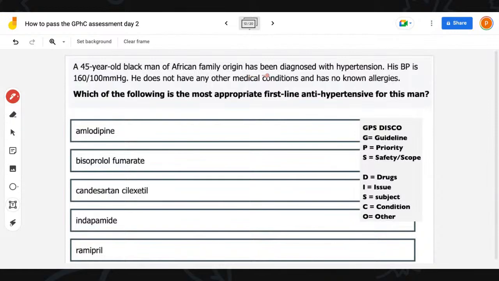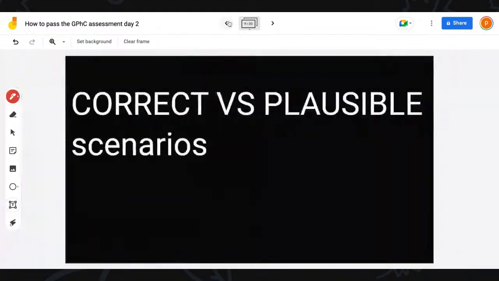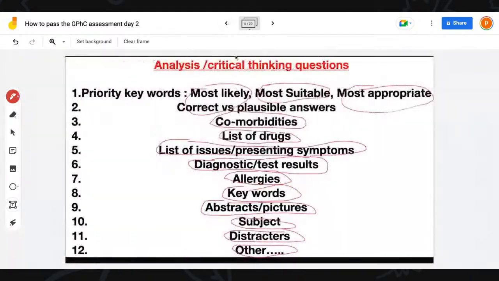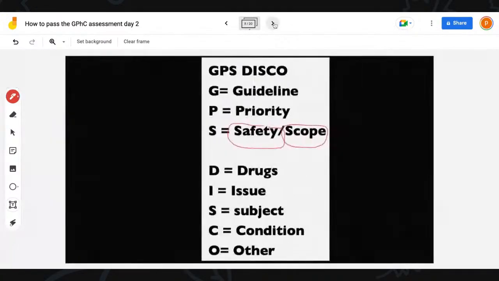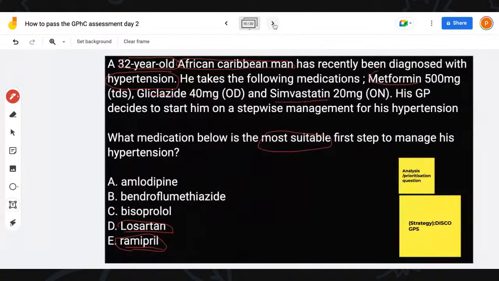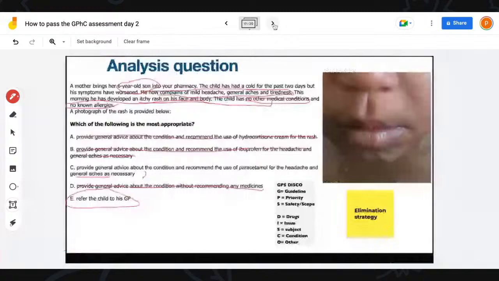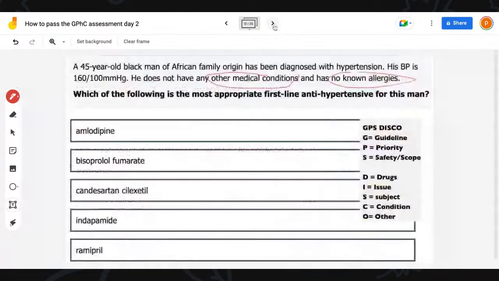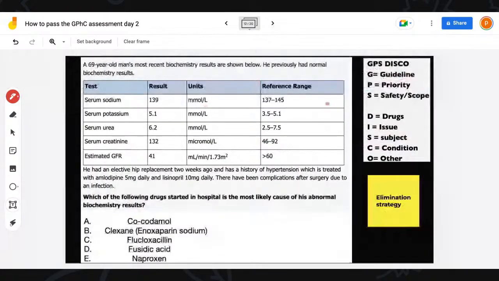When you look at these questions and there is no other medical condition and there are no allergies, you're laughing, right? The worst question they could give you is what I showed you guys here, a question that has got all of these things in there, which they will never do. And even if they did, you're still going to get it correct. Most of the time, they put probably one or two of those things. That's why it's so important that you learn this, because it's just going to make you so good. Right, so let's go. Next question, guys. Let's try this question.